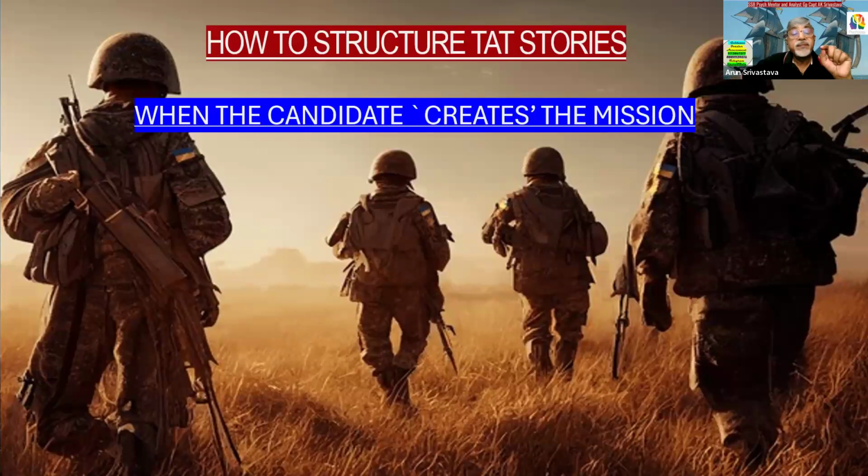So in the neutral and suggesting stress type of pictures, the candidate creates the task, whereas in the direct stress type of pictures, the task is given in the situation itself, in the projected picture itself. So the first type of pictures, in which you are creating the mission, needs special attention, especially with respect to when the task or the mission is to begin. Right. So now in these types of pictures, how to structure the stories?